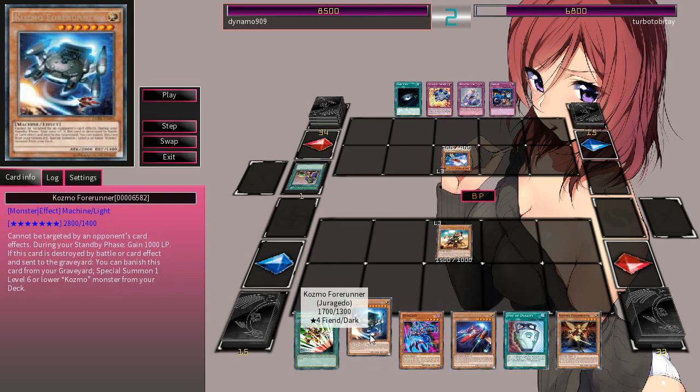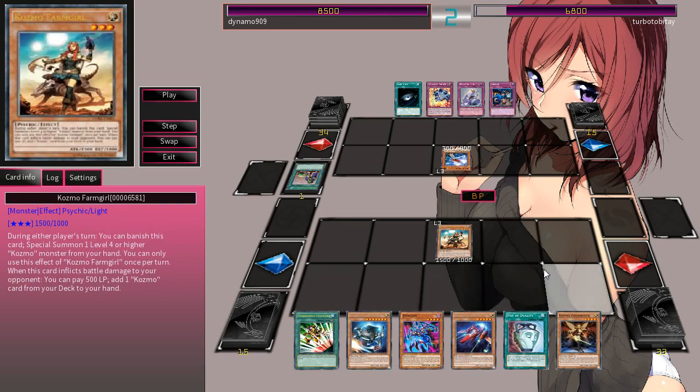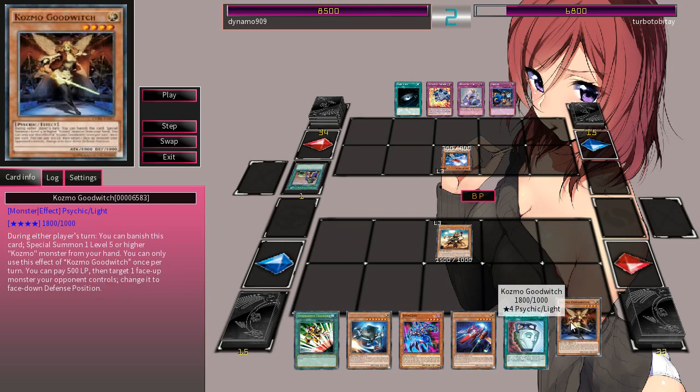Now, as of right now, there's not very many Kozmo cards, but of course in the future they might add some later down the line. Anyways, so he's going to add the Goodwitch. So Goodwitch's effect is during either player's turn, you can banish this card to special summon one level 5 or higher Kozmo monster from your hand. You can only use the effect of Kozmo Goodwitch once per turn, but you can pay 500 life points and